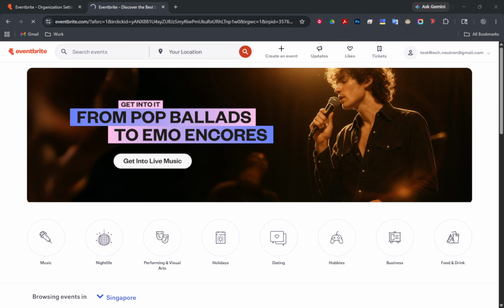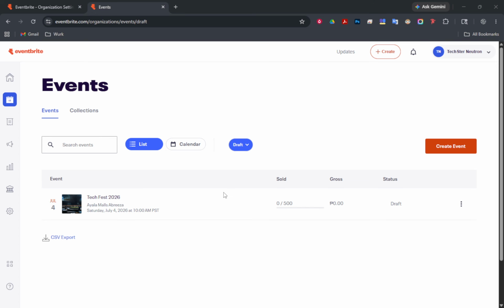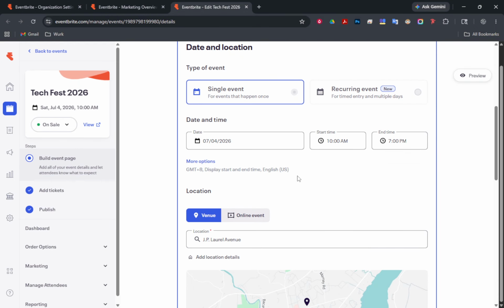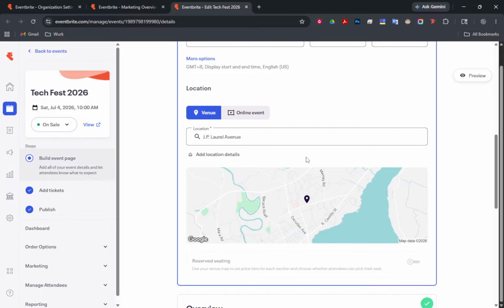Eventbrite doesn't have a universal language button in account settings. Your experience usually depends on three things: the region you pick in the footer, your browser's language, and any event-specific language you set as an organizer. Use the footer selector to control how the site appears to you across Eventbrite, and use the event page language when you need a particular listing to display differently for attendees.